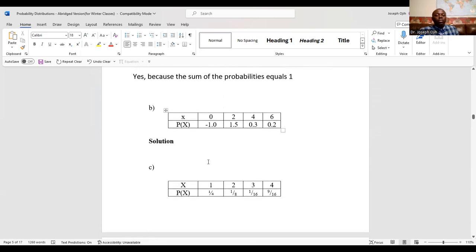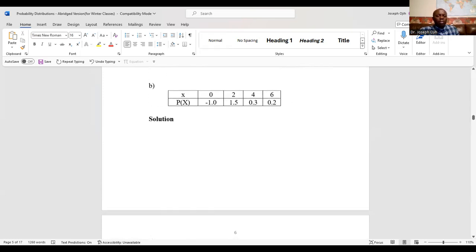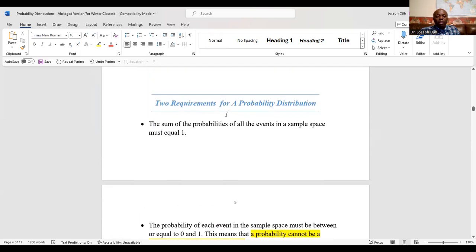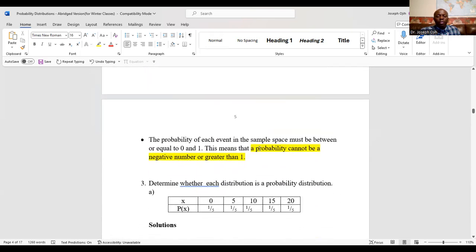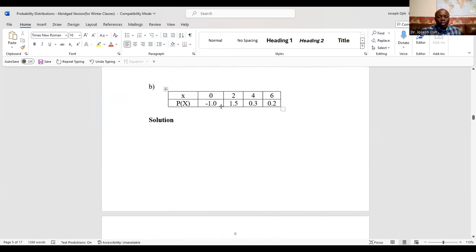Now, how about this one? Is this a probability distribution? For this one, you don't even have to do any work because one of them is negative and one of them is bigger than 1. Here it says that a probability cannot be a negative number or a number that is greater than 1. So here we have a negative number already, negative 1.1, and a number that is bigger than 1. So the answer here is no, you don't even need to do any work. Just type no,